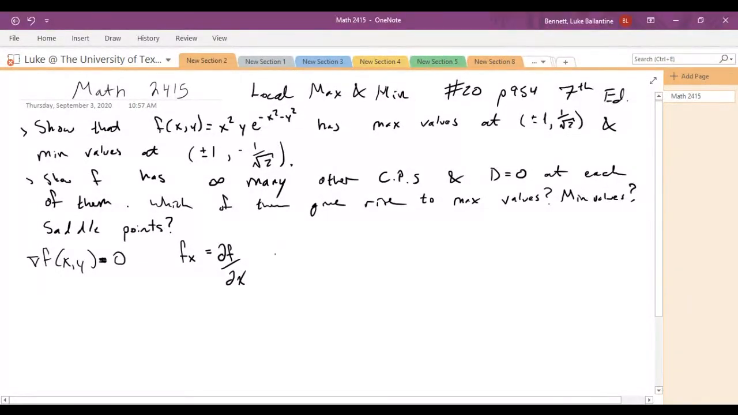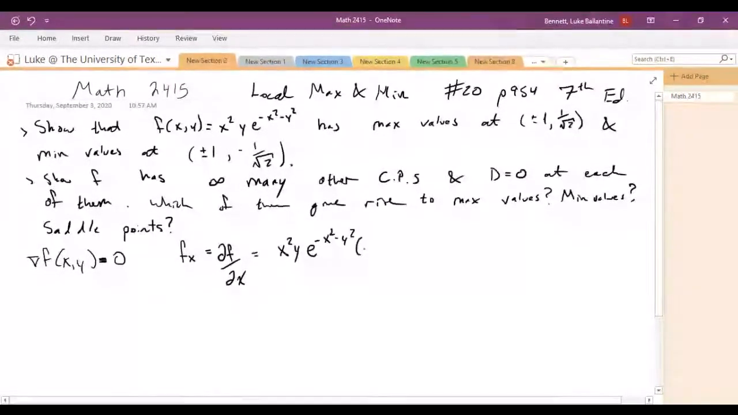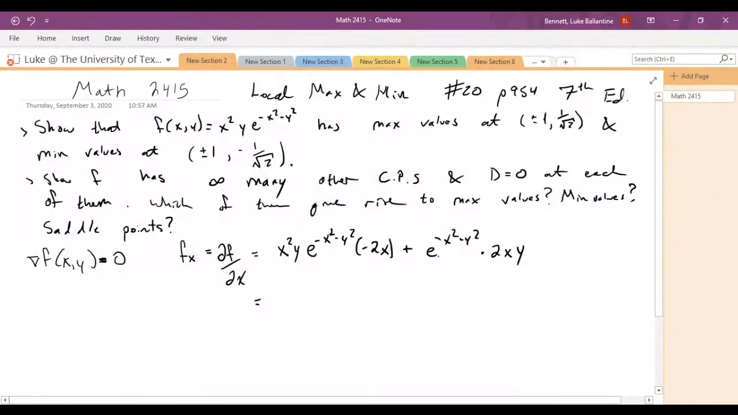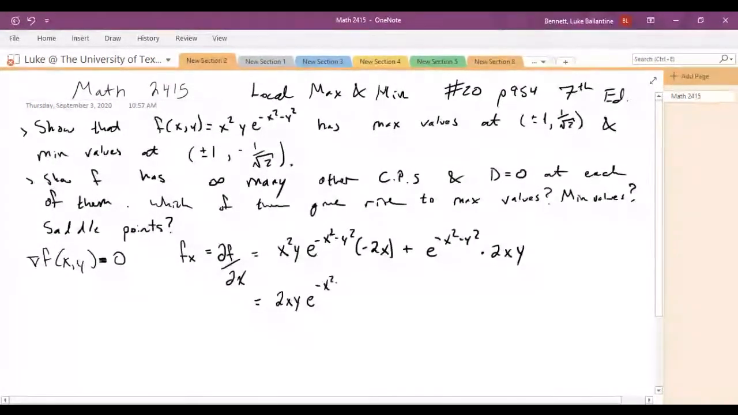Okay, so now we need the product rule to evaluate this derivative. So we have, I remember it, the first times the derivative of the second plus the second times the derivative of the first. And let's clean this up. Let's factor out what we can. Let's see, we can factor out an e to the negative x squared minus y squared, 2, an x and a y. We're going to have 2xy e to the negative x squared minus y squared times, and then see, we have